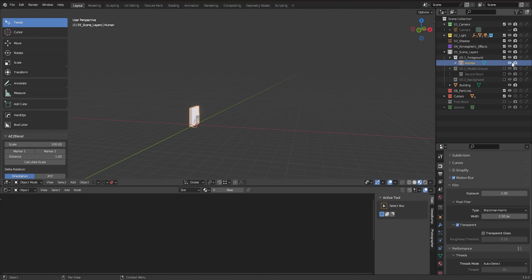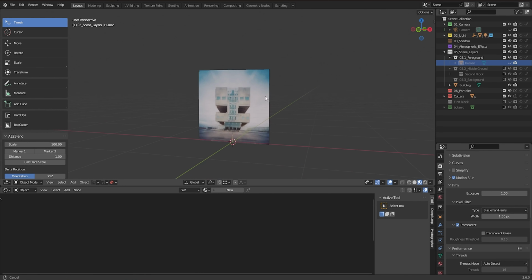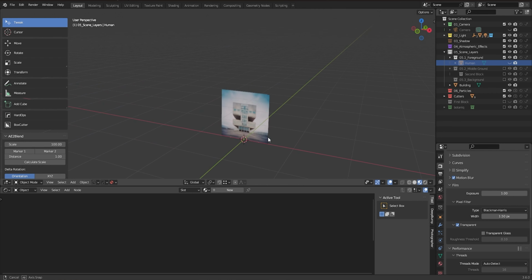So first, which plugins are important for this whole process that I'm going to show you? I'm using BoxCutter and HardOps, and I'm also using Mesh Machine. Mesh Machine is free. BoxCutter and HardOps are paid, but to be fair, I paid, I think it was $30 in a promotion 3 years ago, and I still have all the updates. Everything comes with just $30 spent over 3 years. It's a no-brainer. If you really don't have money, then there are other ways to get it. I will not tell you how, but